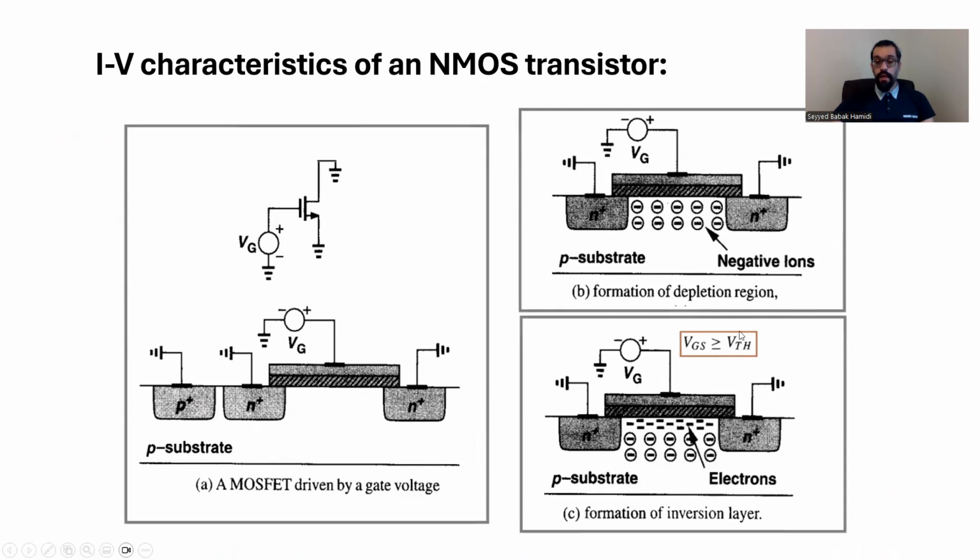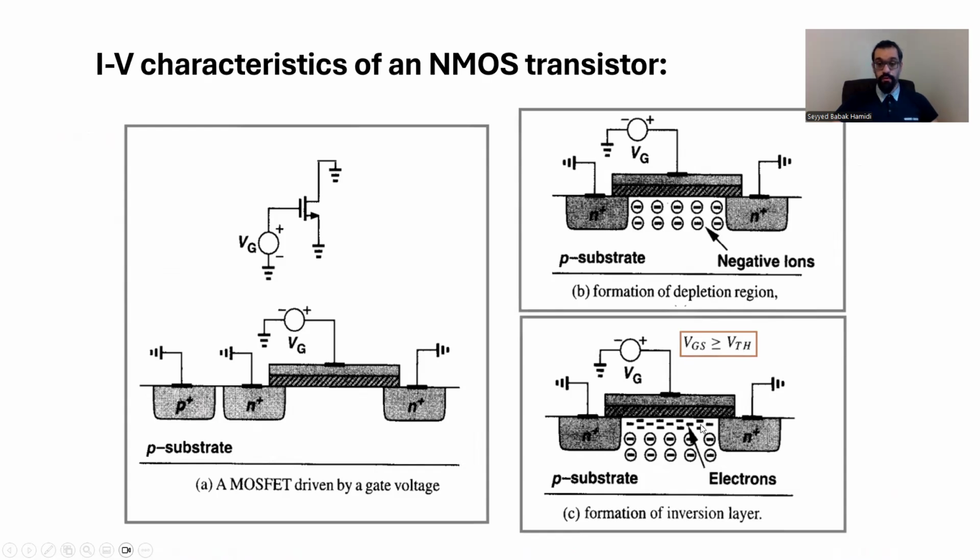And we will introduce a voltage called the threshold voltage of this transistor, VTH, which depends on the technology that we use and is typically around 0.4 to 0.5 volt. When the VG is less than the threshold voltage, less than that 0.5 volt, there would be only the negative ions under this gate channel of the transistor. But when the VGS, the voltage between gate and source, with the source grounded, so the voltage of the gate is greater than the threshold voltage,